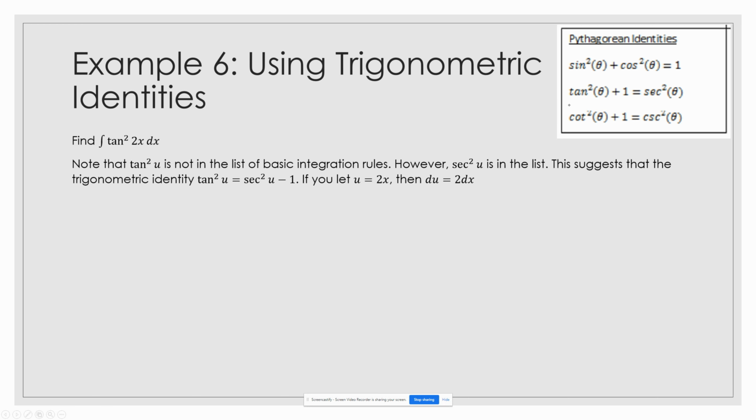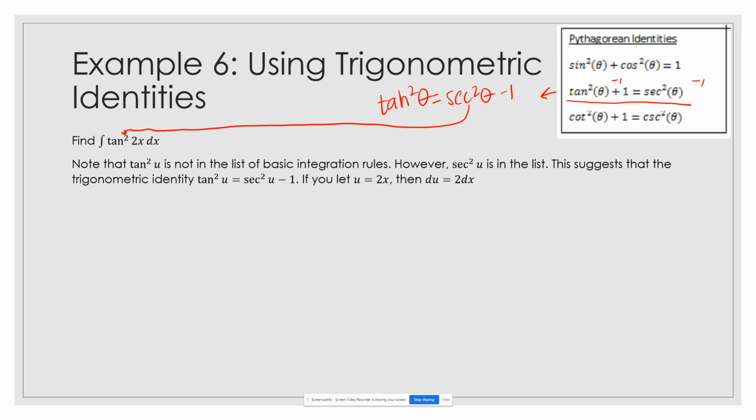So if you look right here, we have tangent squared of theta plus 1 equals secant squared of theta. If I wanted to get tangent squared alone, I could subtract 1 from both sides. And so tangent squared of theta equals secant squared of theta minus 1, which means that I could replace